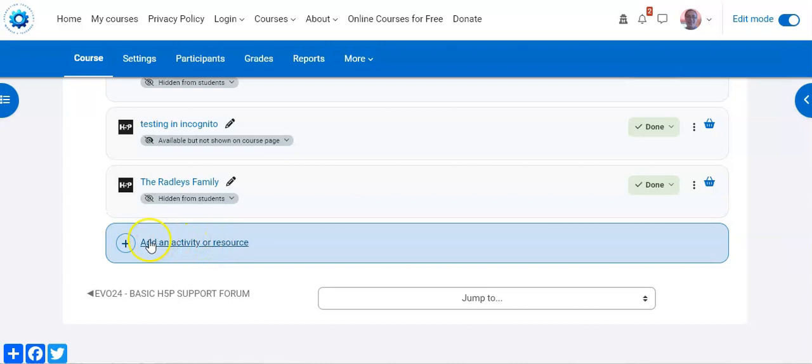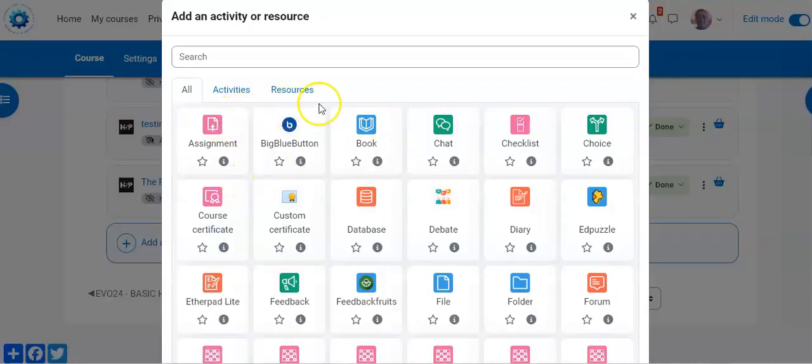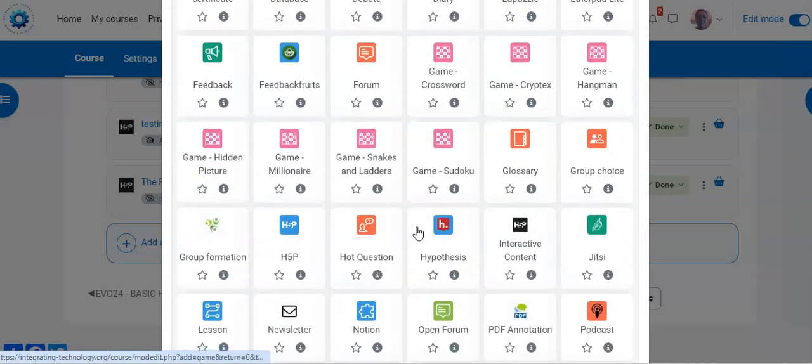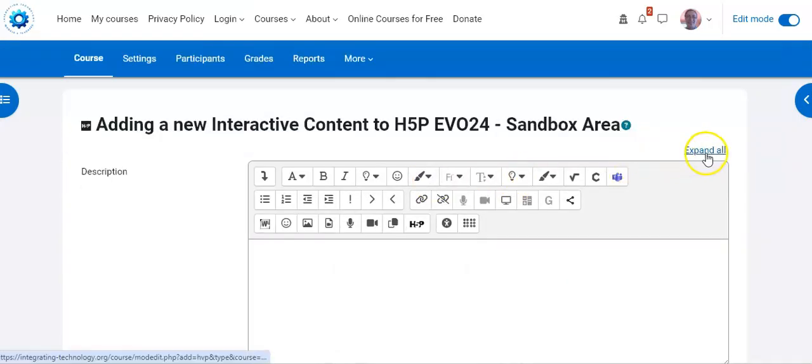That way we will see we can add an activity or resource. We click here and we see all the activities and resources. We click on activities. There are many here. Here you see the H5P light blue icon that Elizabeth used for some tutorials. I'm going to use the interactive content that is a black icon, and you will see that now we can